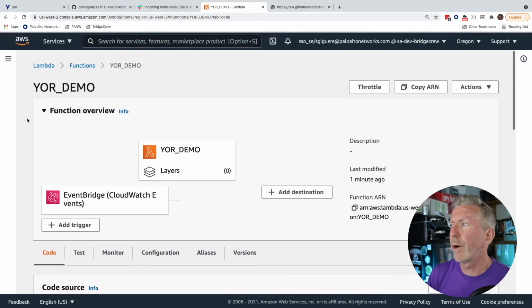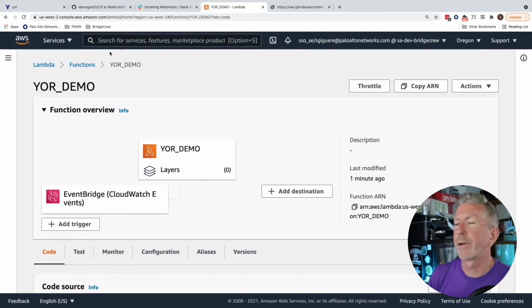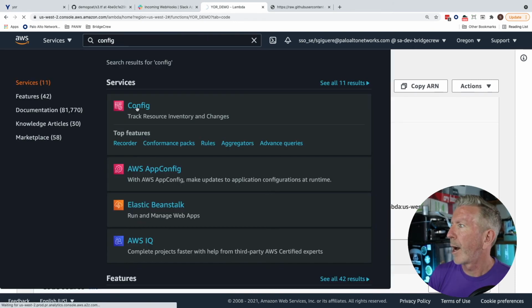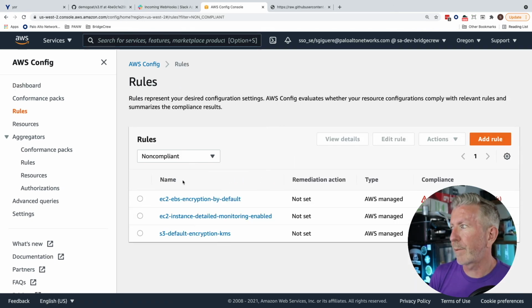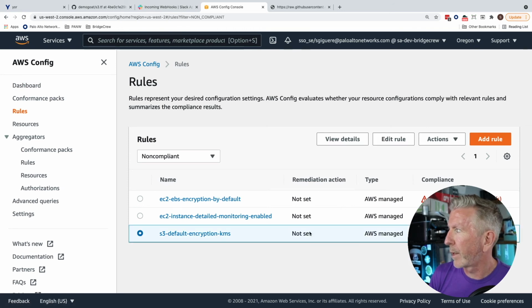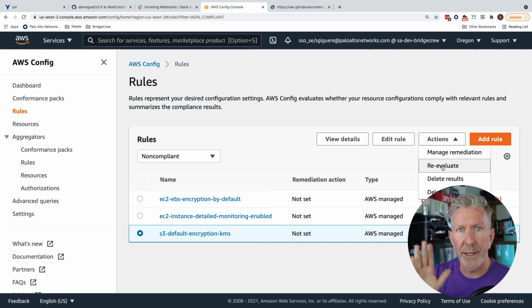It should. But if you want to demonstrate this properly, then we're just going to go back to AWS Config and we're going to get it to evaluate our rule. And that should trigger our Slack message. Now here's the rule we created. We can click that. I can see there's a whole bunch of non-compliant records, because it's pretty common. And I can get it to reevaluate. Now, I had already deployed that S3 from the beginning that I knew was non-compliant. That's how I'm testing. And it's a particular one. So if I reevaluate this now,